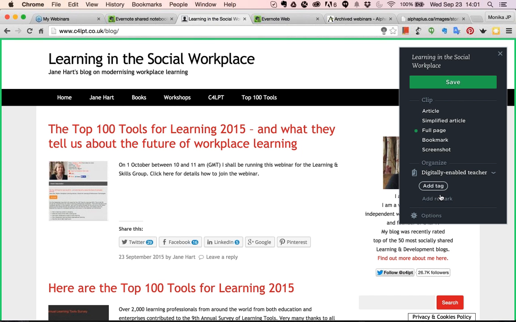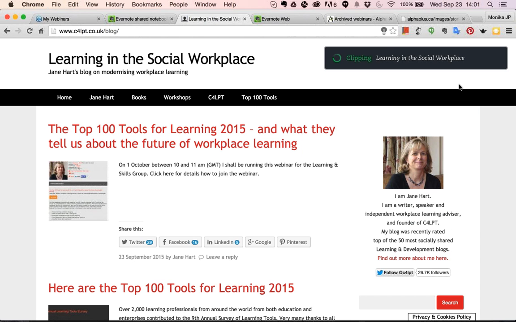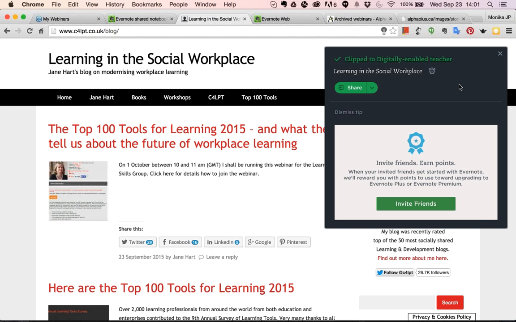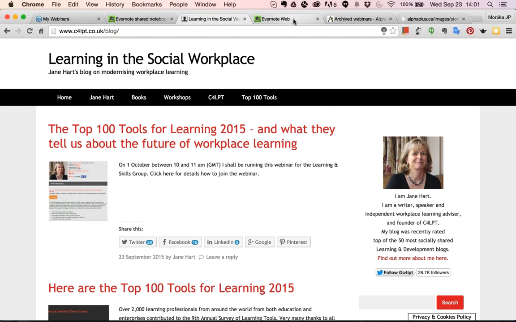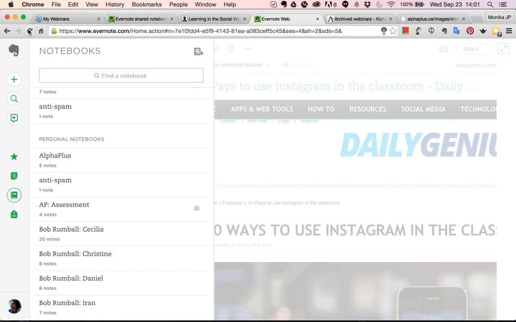I can also add tags if I want to make it easier for me to search for content. And when I'm ready, I hit save, and that information now gets clipped into my account. It's very, very quick and easy to do, and that's what works for me the best. I can also go back into my account and create personal notes, manual notes. It's just going to take a bit more time. So now it's saved. I'm going to go back to my Evernote account. I'm going to refresh,